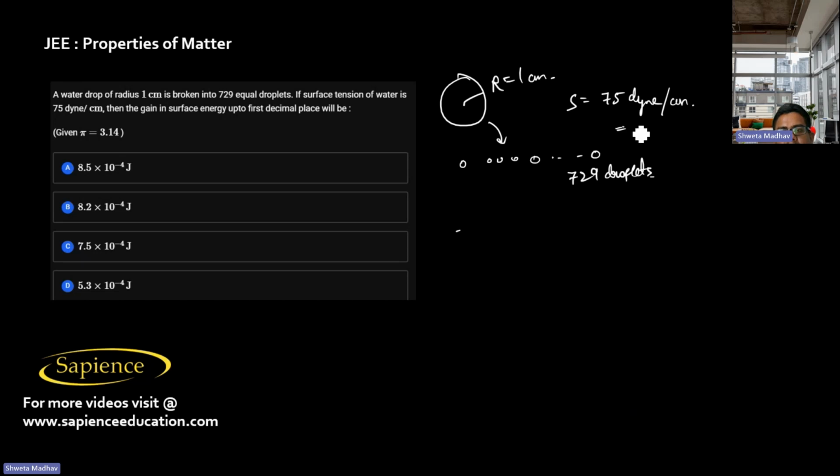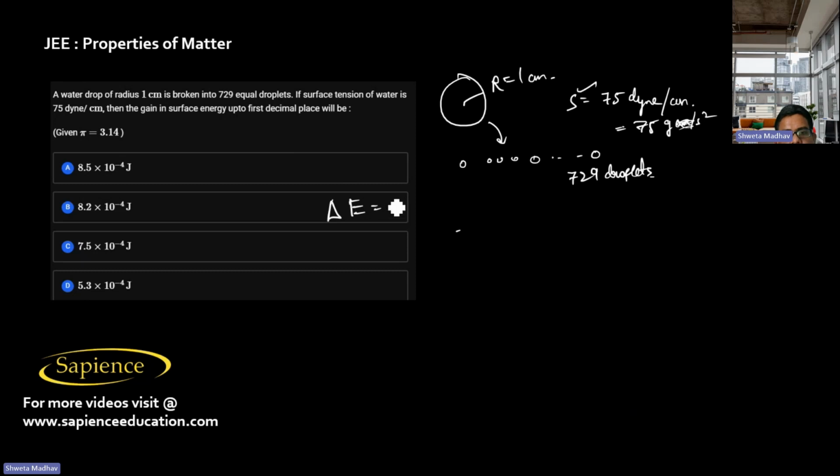So dyne per centimeter means 75. Dyne means gram centimeter per second square, per centimeter. So it is gram per second square. So now the surface tension is 75 gram per second square. So now the gain in surface energy,